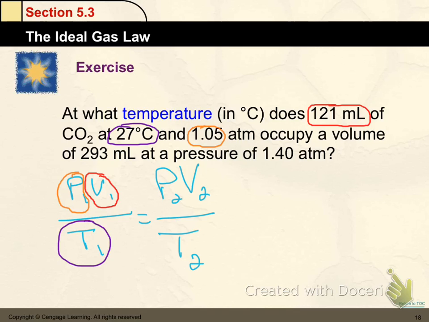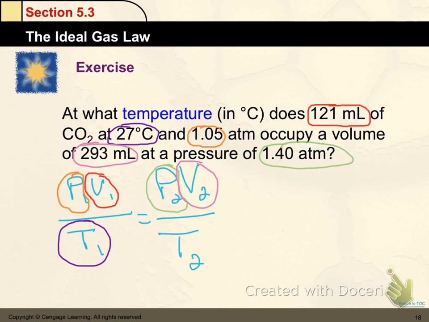All right, so let's venture over to the right side of the equation now. We're saying that if we've got a gas at these conditions and we want it to expand to a larger volume with a certain amount of pressure, what has to happen? Well, we have a new pressure at 1.40 atmospheres. That's P2 now. We also have a new volume, and that volume is going to be 293 mils. That's this guy right here. And so we have all of the numbers that we can plug in.